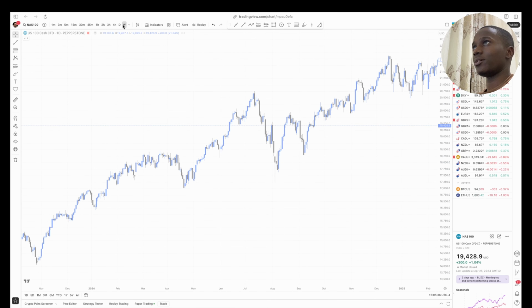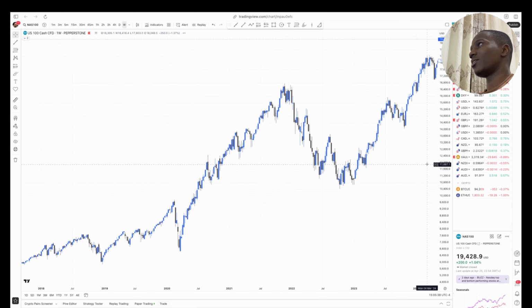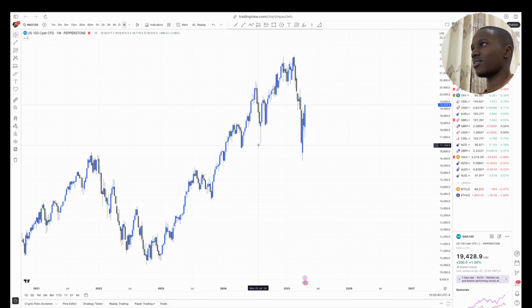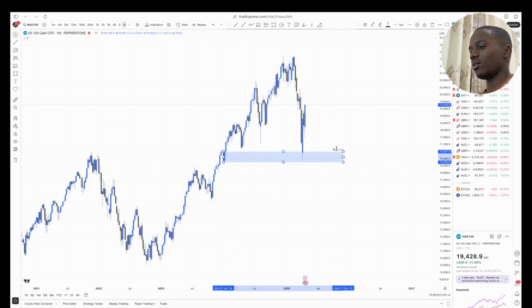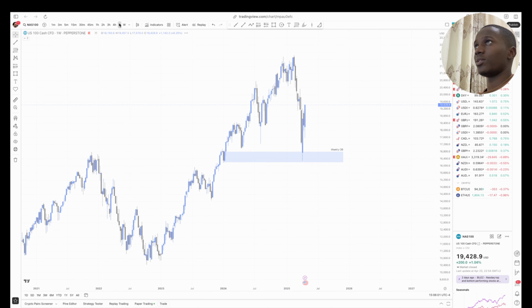When you go to the weekly, start with the weekly, maybe we'd get a clear view. You can see these lows, this low, all this liquidity was taken out, and it looks like the market reacted to this weekly order block right here. It's the one which was respected, this weekly OB. Alright, so we'll go to daily,